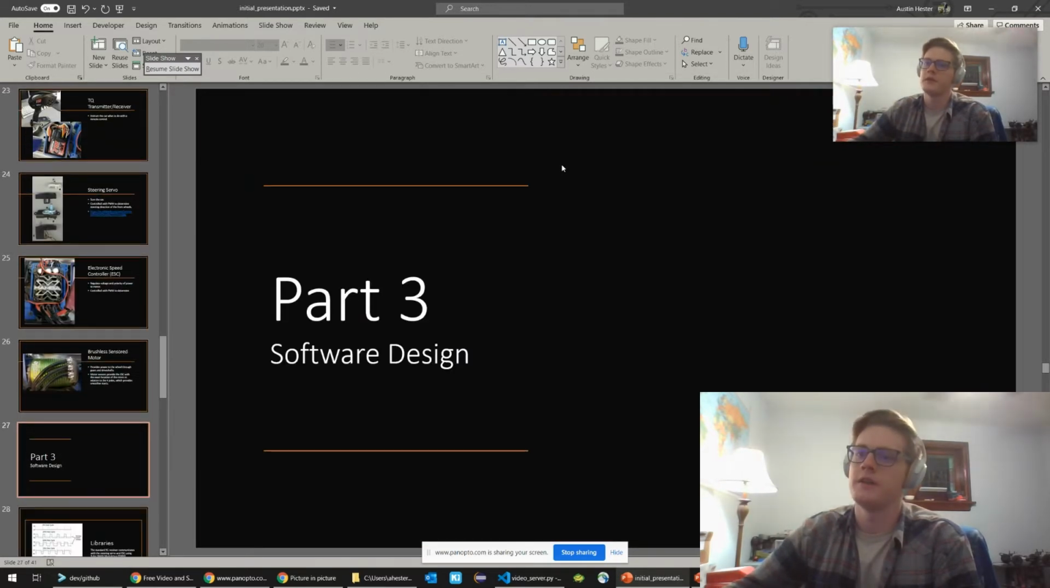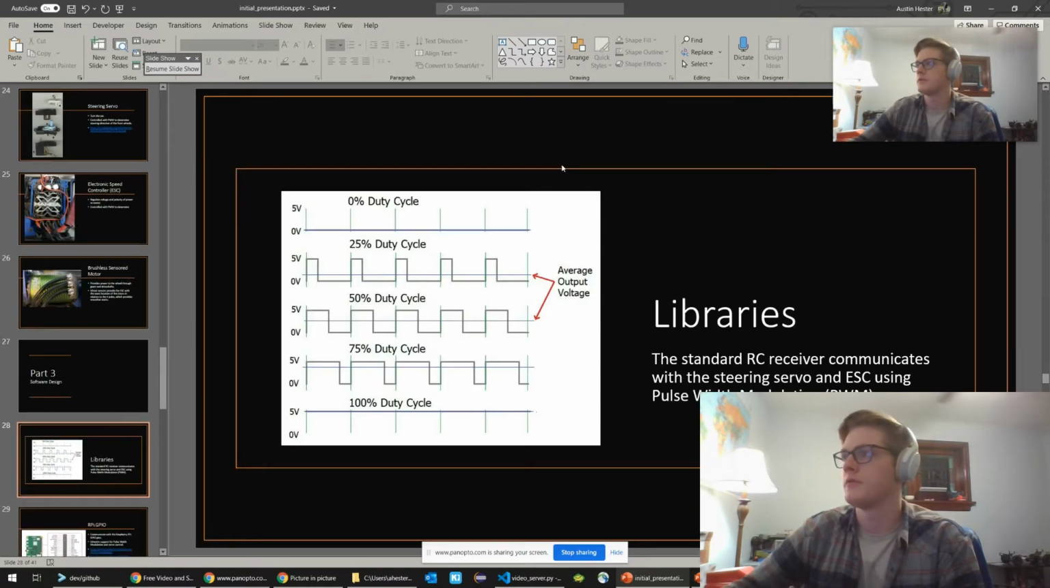So software design. I haven't built too much of this yet, but I'm mainly playing around with the parts by themselves at this point. But we're going to use the pulse width modulation. I found RPI.GPIO has pulse width modulation. It's fairly easy to use and documented. So that's probably what I'll be using